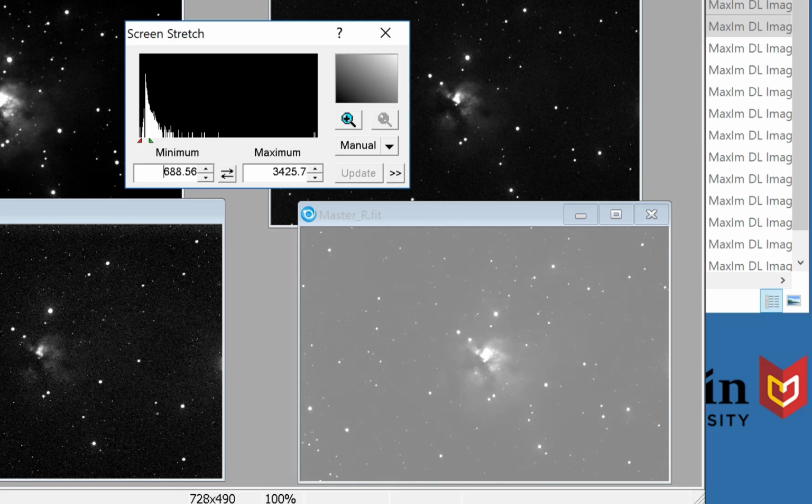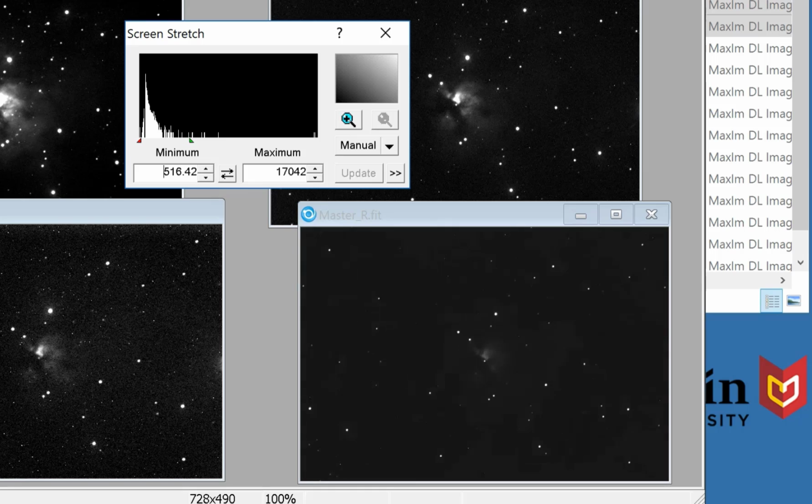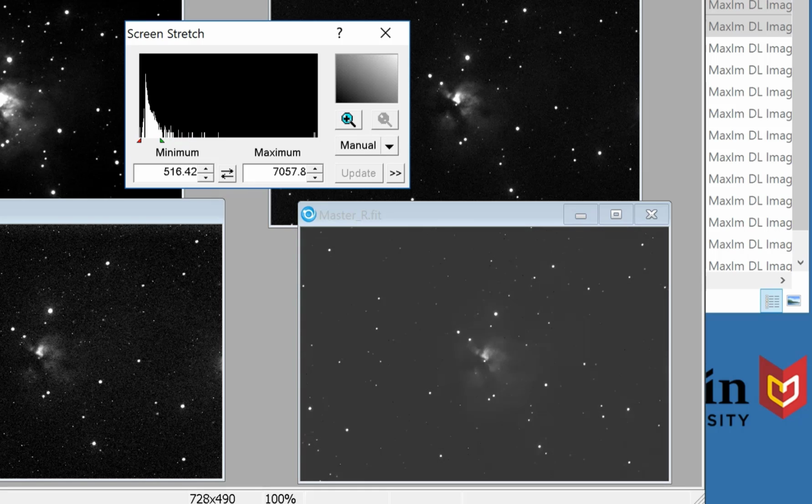As you can see there, if I drag it all the way, then no pixels are assigned a black color because I've dragged it all the way to the bottom. It's hard to see what's going on there, so I can actually zoom in. I'm going to drag this green triangle up first. This green triangle indicates which pixel values get assigned a white color. So if I drag that up, it makes the image darker because fewer and fewer pixels are being assigned a bright color. So if I kind of bookend the distribution here a bit and then click the magnifying glass, I